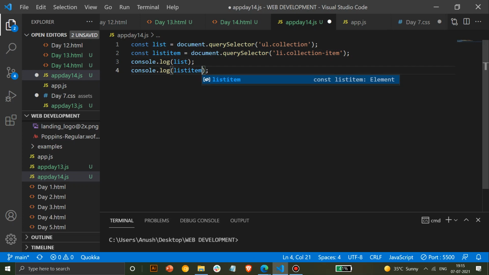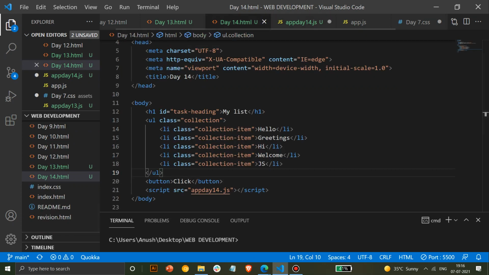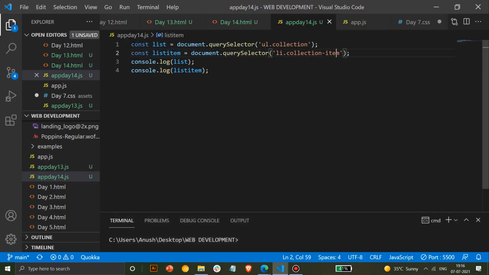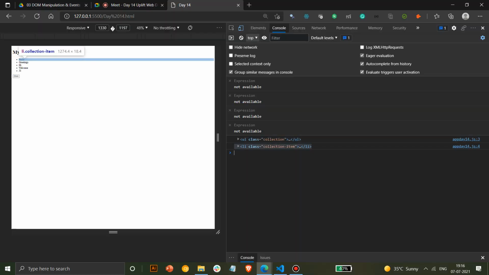Which item is selected? Anyone? What will be the output? First item. Great. Yes, you can see the first item, but it's better to specify the item also. You can do first child and you can select that too. So this is a standard practice. This is to select a specific child. If you want a second child, you can use second, third, anything like that. But if you don't do that, it works fine. It will select the first item. As of now, it won't create any issue. With ul you can select the complete collection.